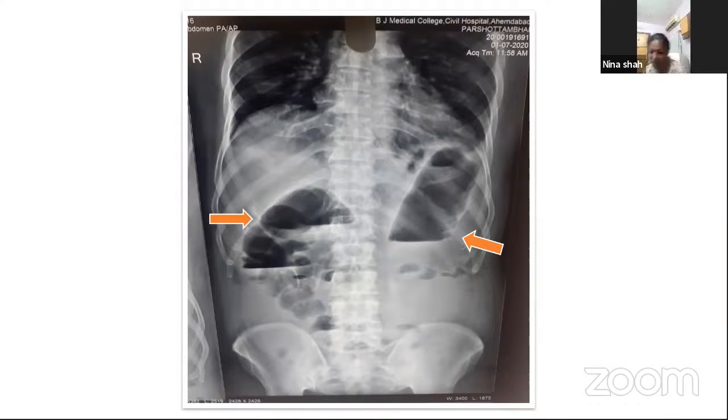So what is the definition of closed loop? By definition, whenever there is an obstruction at both ends, it is known as a closed loop obstruction. It's not necessary in the colon only. It can be in the small bowel also, when there is a volvulus. So both ends should be obstructed. So you understand, this is not the only closed loop. Closed loop is an intervening bowel closed on both ends.